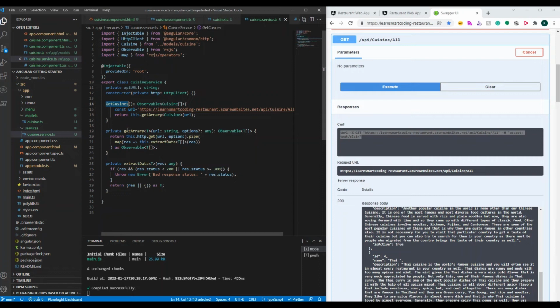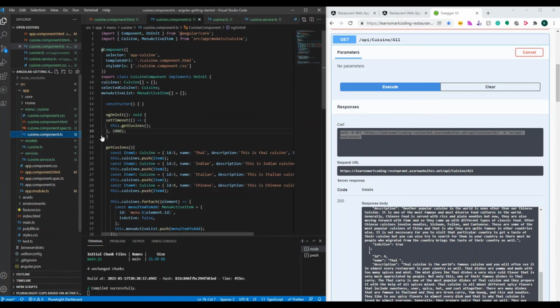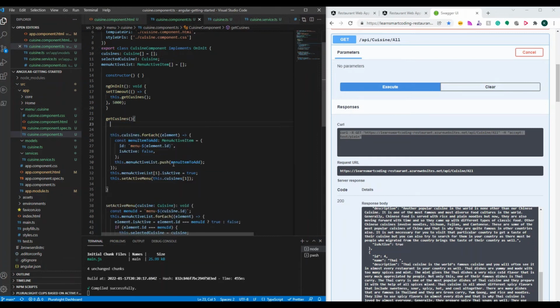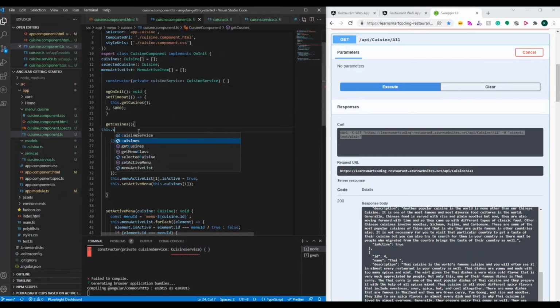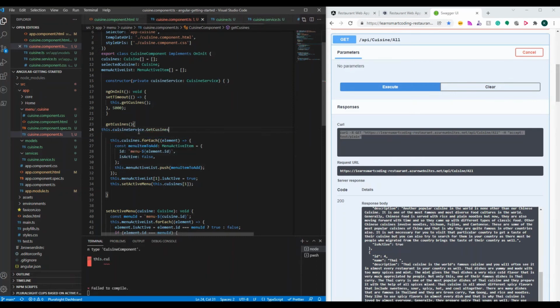We have the method ready. So now how do we use this? Let's go to the Cosine component. Here, if you see, we manually added some content here. So instead of this, what we are going to do is, we are going to remove all this content, and simply we are going to say, we injected the Cosine service. So we make use of this. When I say this dot Cosine service dot get cosines, then you're calling this method. If you call this method and leave it,